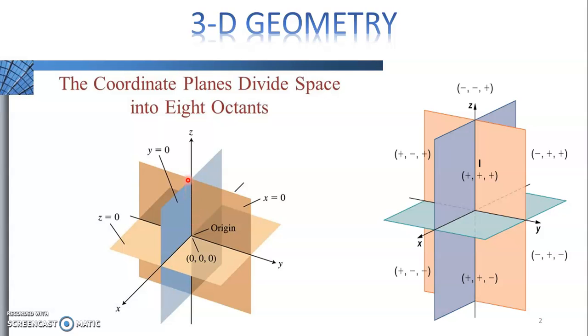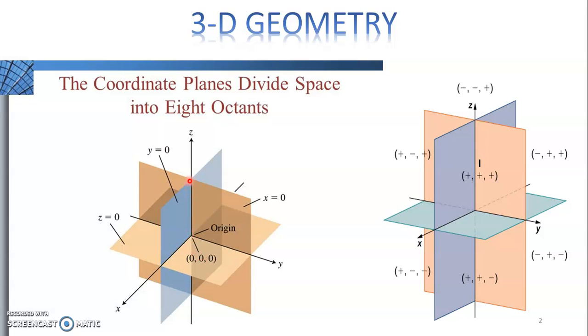Now if you see this carefully, this plane I am saying, this is the YZ plane, and in the YZ plane x is equal to 0. This point of intersection, as you had in your coordinate geometry in two axes, when you had x-axis and y-axis, was 0, 0. Now we have three dimensions, so coordinates will be 0, 0, 0.